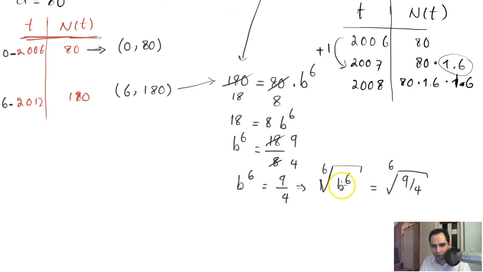And let me calculate this here. So this becomes b, and the 6th root of 9 by 4 is, let me see. So basically the 6th root of 9 by 4, it turns out that it's, I take basically 4 decimal places, so it's 1.1